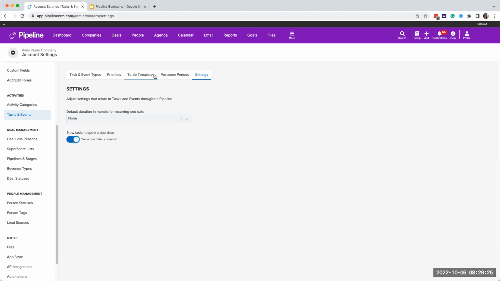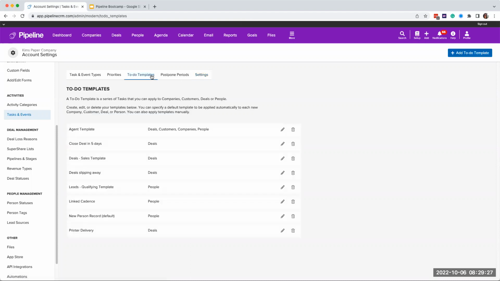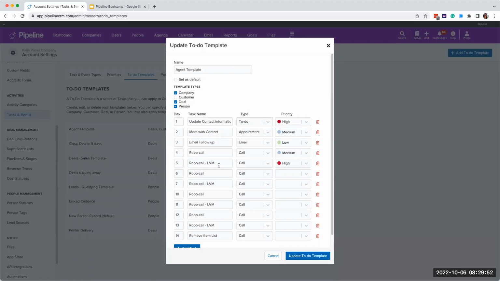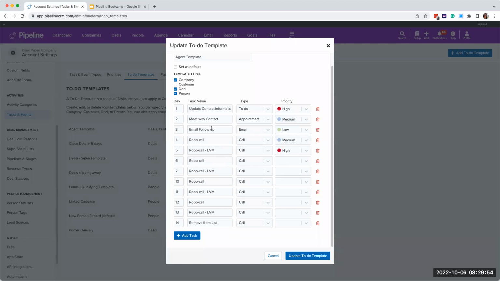To-do templates. So this is a great way to keep your account and your users on track. To-do templates will create a number of tasks delineated by you, the user or the admin, and you can associate them to multiple record types. So you can see that I have a template available for deals, customers, companies, and people, which are all record types we have available. And then I have quite a few actions that